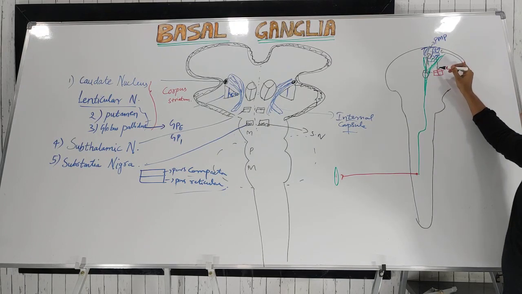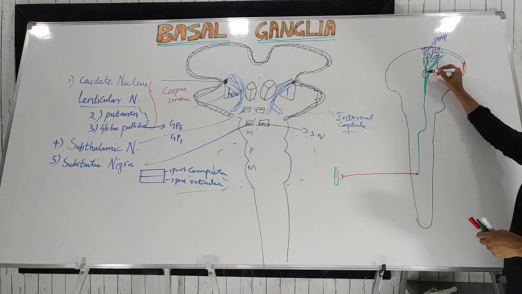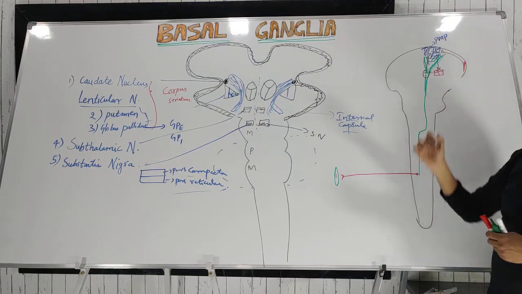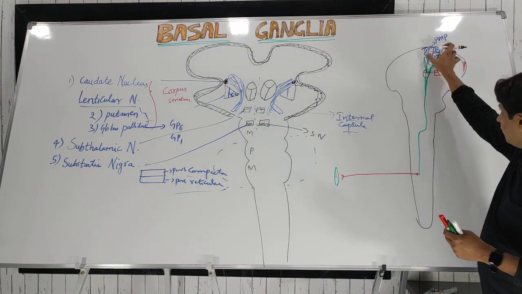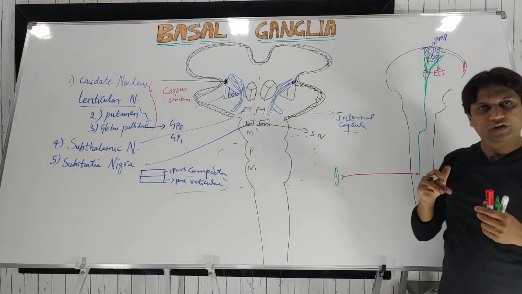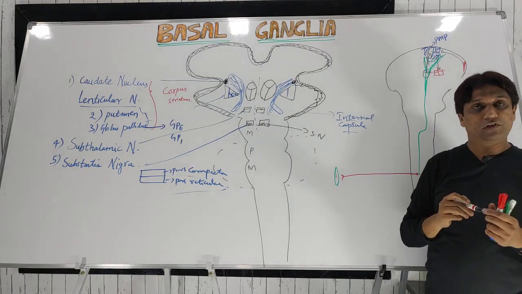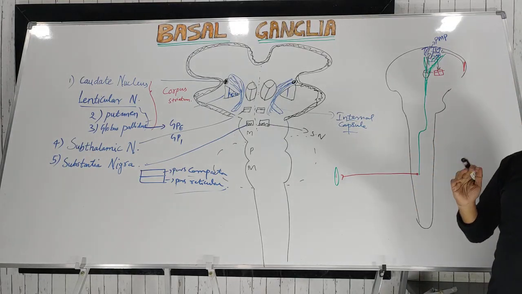From the basal ganglia the motor command is given back to the thalamus, and again from the thalamus it will go to the primary motor area, and from the primary motor area through the descending tract, that is most commonly the corticospinal tract, up to the target muscles. Okay, hope you got a general idea of the basal ganglia.